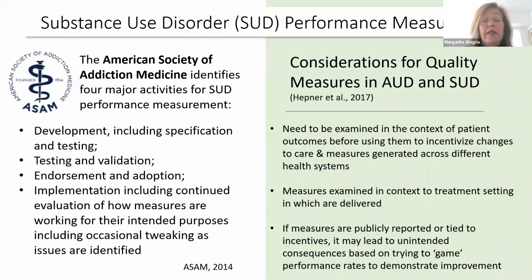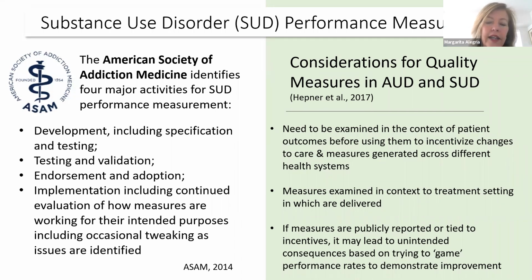We looked to start this process. This was a very labor-intensive process. We looked at what had been done by the American Society of Addiction Medicine to identify SUD performance measurements. And we saw that they had created some indicators, but many of them were not necessarily clearly outlined, and there were very, very few. So we also looked at Hepner and looked at what they said were good considerations